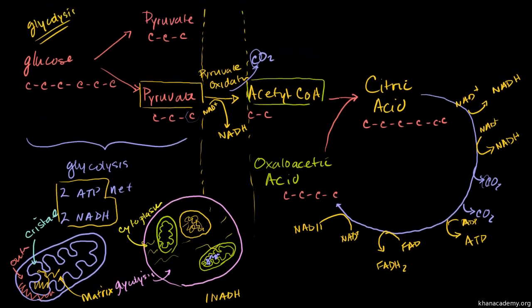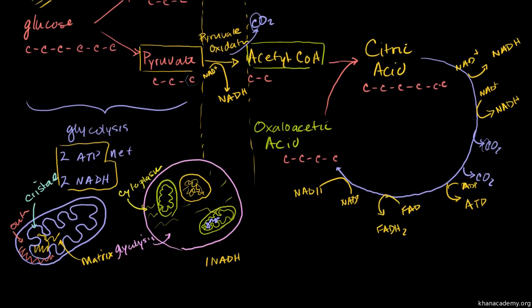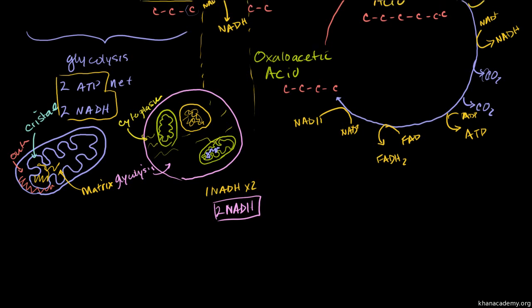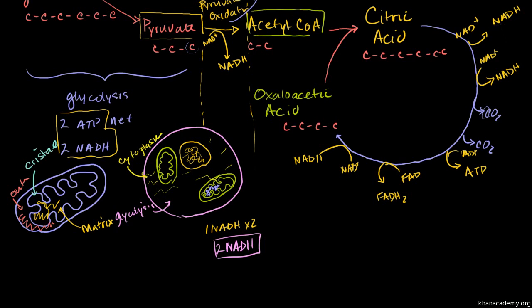But glycolysis produced 2 pyruvates. So everything after this we're going to multiply by 2 for every molecule of glucose. So the pyruvate oxidation times 2 means that we got 2 NADHs right there. And then when we look at the formal Krebs cycle, what do we get? How many NADHs do we have? 1, 2, 3 NADHs. So 3 NADHs times 2, because we're going to perform this cycle for each of the pyruvates produced from glycolysis. So that gives us 6